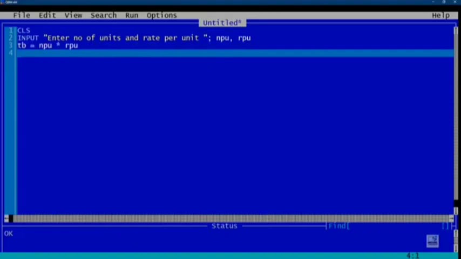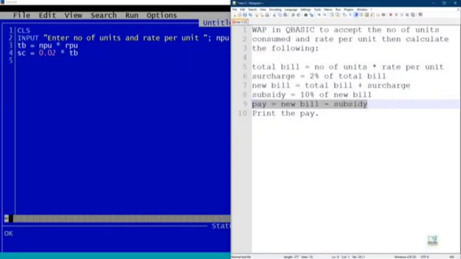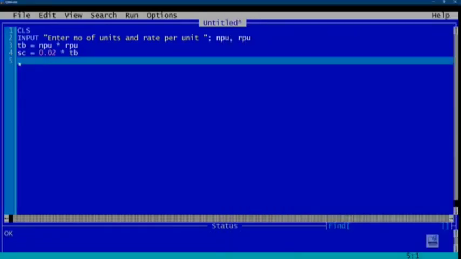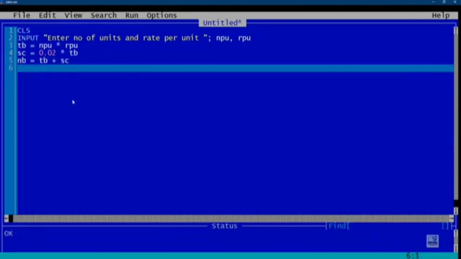Then after that we need to calculate surcharge 2%. So surcharge we can write SC, 2% you can write 0.02 or you can write 2 by 100 multiplied by total bill. Then we need to calculate new bill after adding the total bill and the surcharge. So new bill NB equal to total bill plus surcharge.